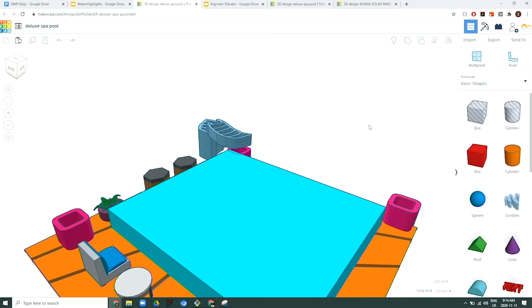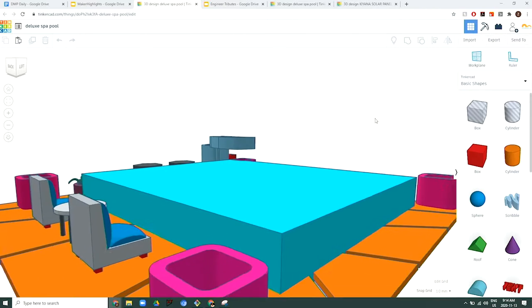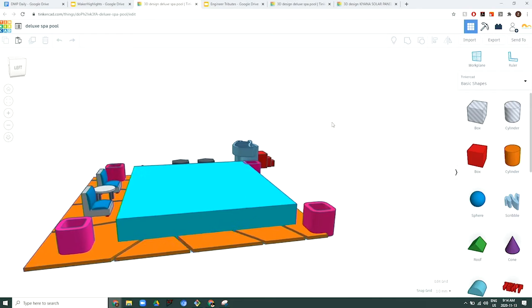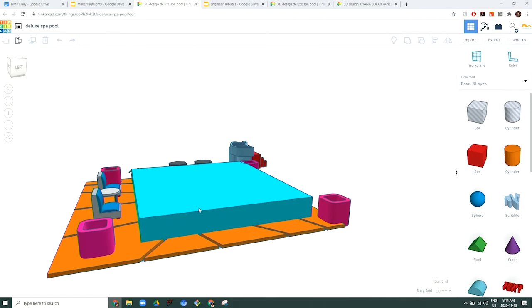First off, this is a very aesthetic design. I do like it quite a bit. One issue is that I see the pool water is actually above the ground, right? Maybe there's a glass barrier around the pool, which would be pretty cool. Actually, that would be a pretty cool aesthetic. But in the case that there wasn't a glass barrier, all that water would just spill out